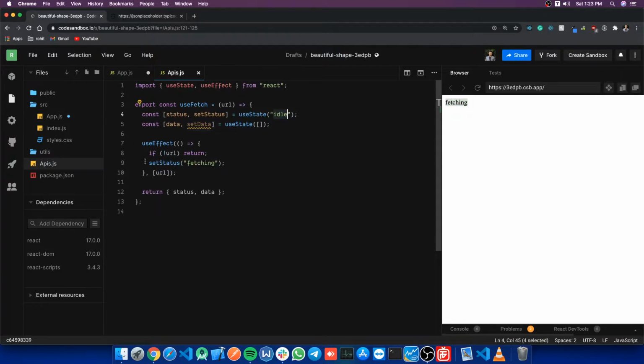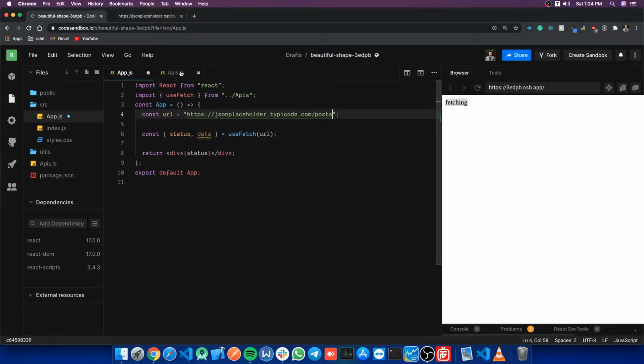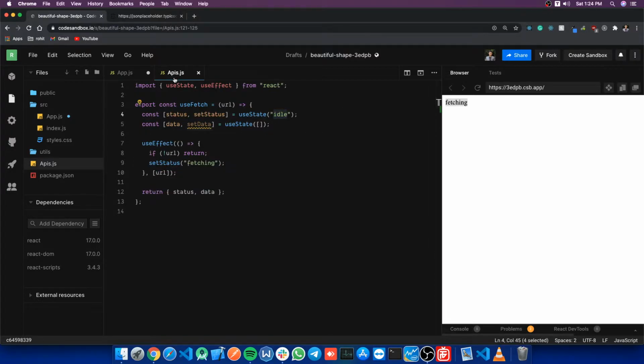Now in API.js, we will manage everything here: calling the API, getting the response, and sending it back to app.js, so that our API.js can be reusable. You can use API.js anywhere in a project. You just have to pass a URL, and it will return its value, and it will also do error handling. I will tell you that later down the course.